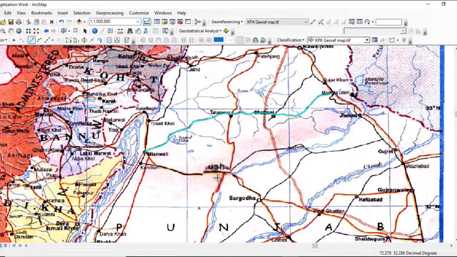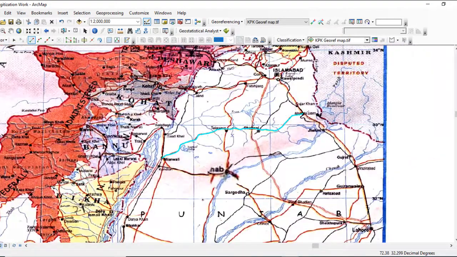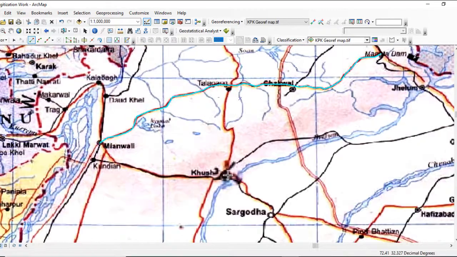Now I want to digitize this line. So start digitization from that point.